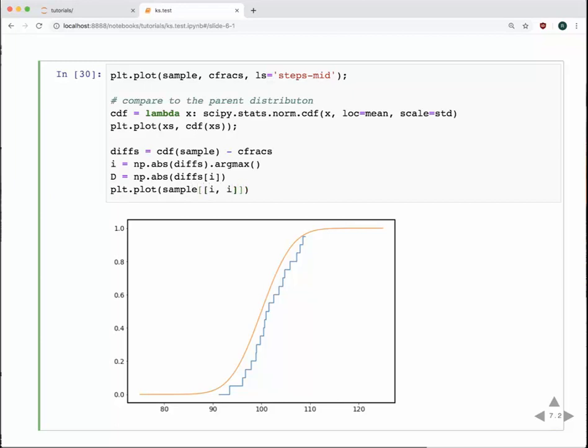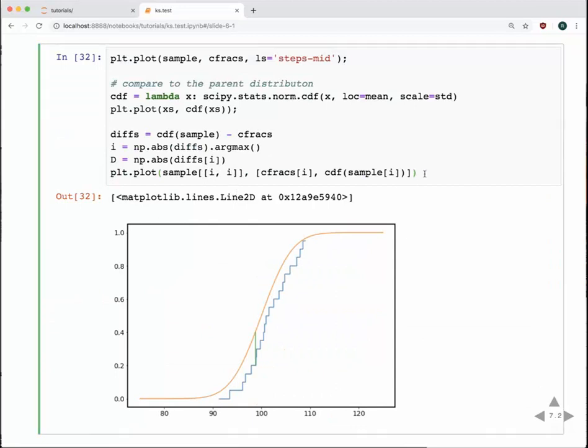The ith value, we want it twice, so I'm going to send it a list of two i's. And then we're going to have our cfrac, the ith cfrac, and then the CDF value at the ith sample. And if I plot this now,